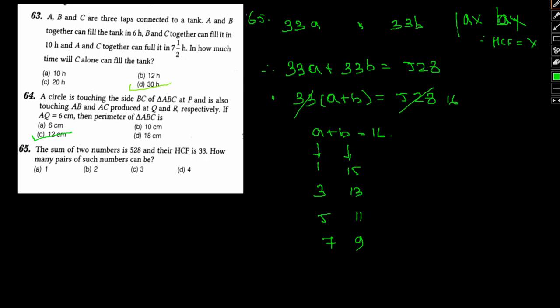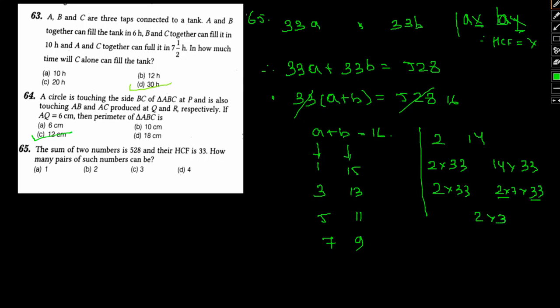And why have we taken these numbers? Why have we taken only odd numbers? Suppose I take a number, let me give you an example. Suppose I take 2 and 14. Okay, so here suppose I take another number, HCF being 2 into 33, the first number, and another number be 14 into 33. So like I said, the common part will be the HCF. So in this case 2 into 33, and this can be written as 2 into 7 into 33. So the HCF in this case will be 2 into 33, that is common. So 66. So we only take odd where there is no common part, okay, and which are not a factor of each other.